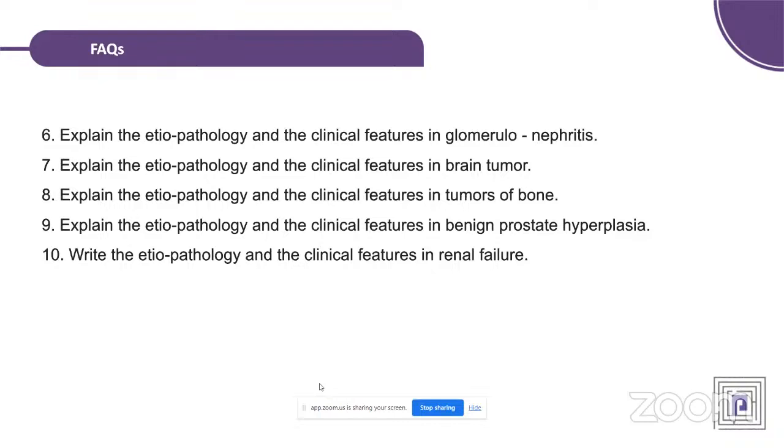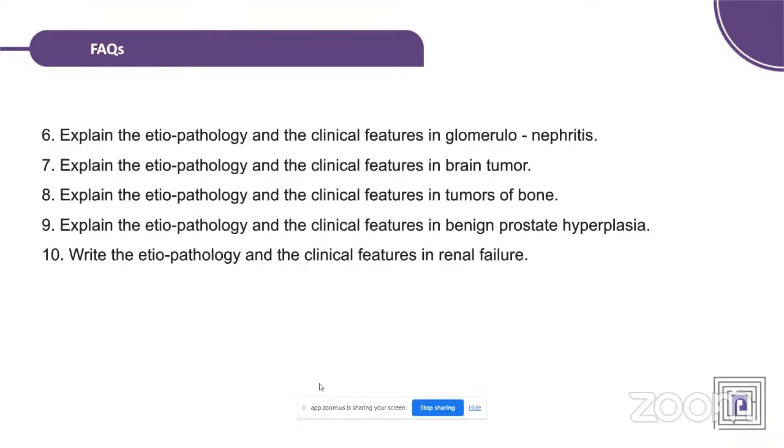Coming to the pathology, in the hyperplasia the stroma will become hard and the prostate forms nodules. The stromal nodules you can identify under the microscope in the case of benign prostatic hyperplasia. And coming to the next question,